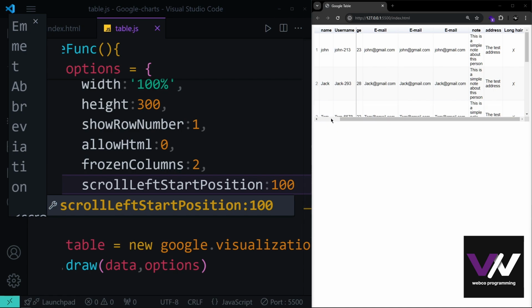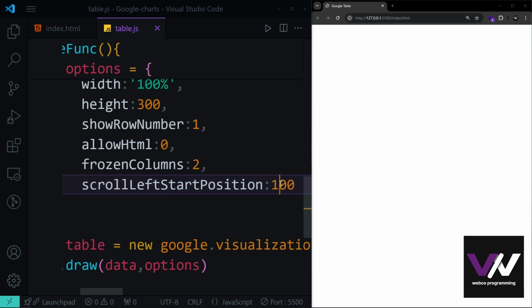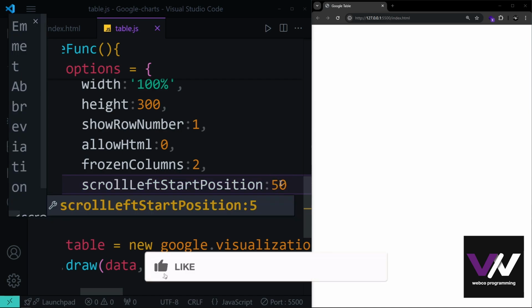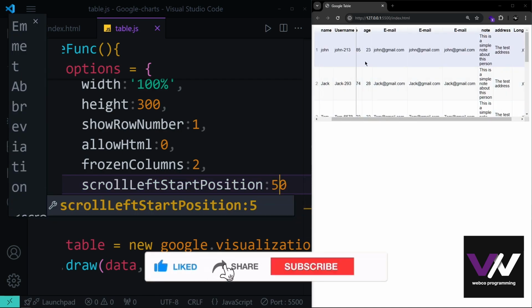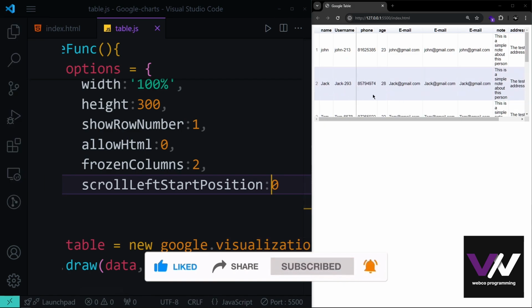It's something like a padding or margin inside of our table, so it has that number of pixels gap on its left side. If you make this, for example, 50, you can see you got this result right here, but of course you can make this 0 to start